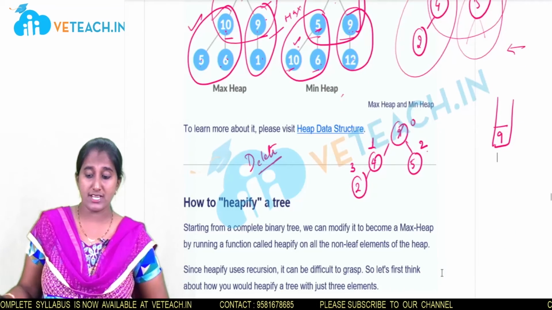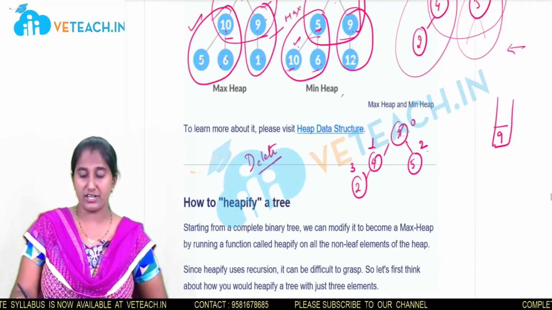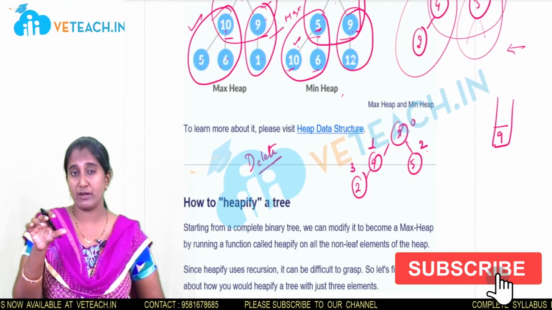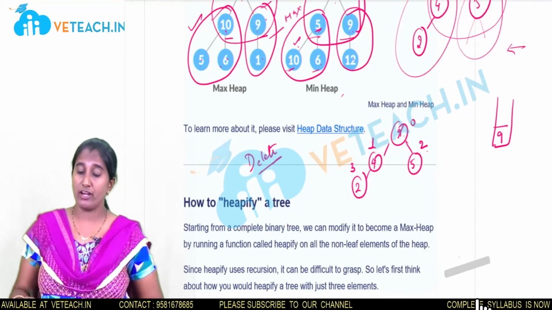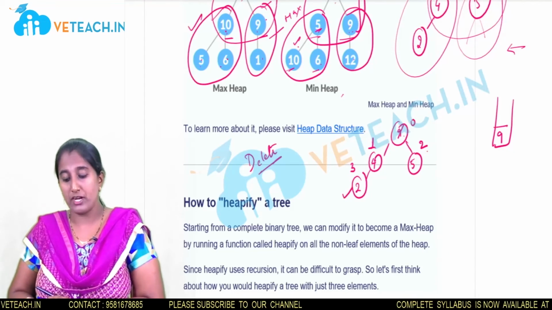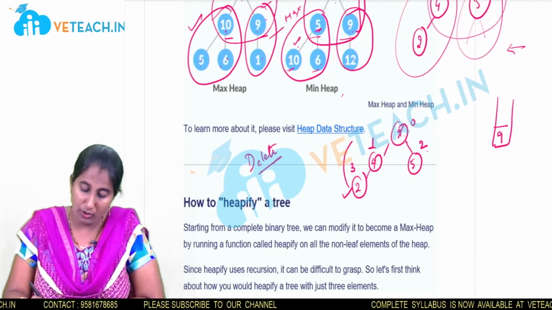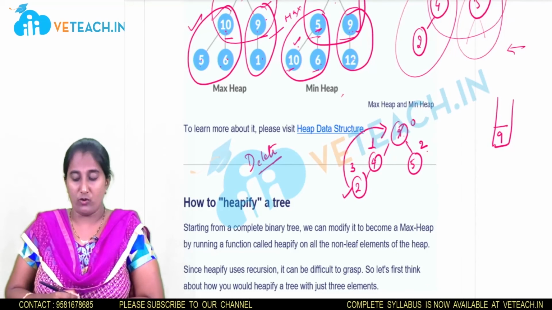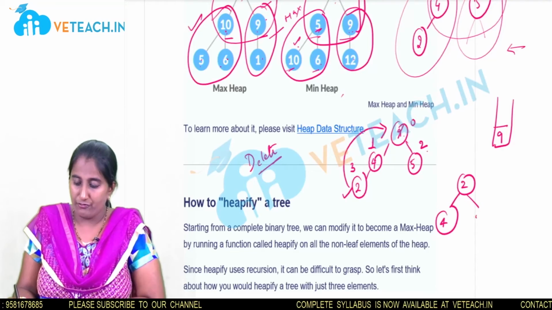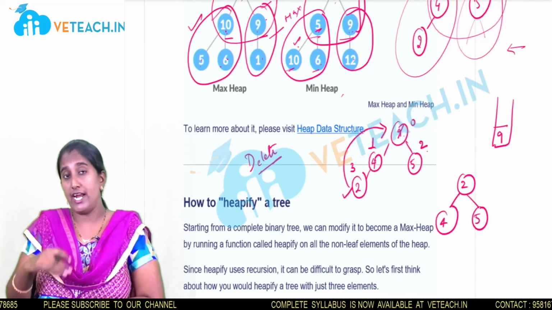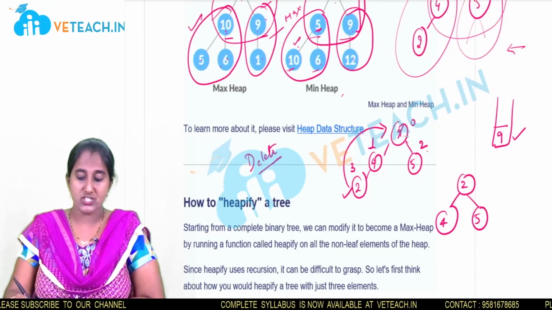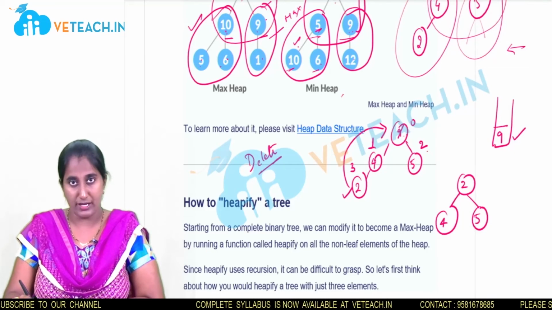Fine. Now what I said, whenever an element is deleted, we need to fill that position. With which element do we need to fill that position? The last child node. Who is the last child node, guys? Here, who is the last position element? 2. So you need to replace with that node. So the 2, 4 and 5. When you delete that node, the deleted node will be stored in the array, and the last child node will be placed into that deleted node's position.